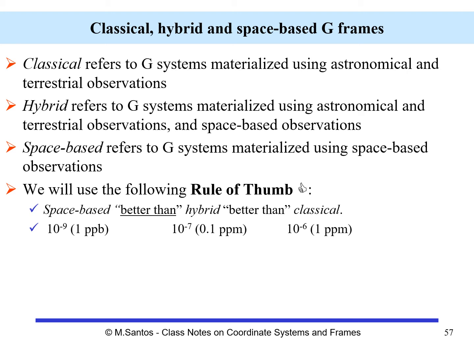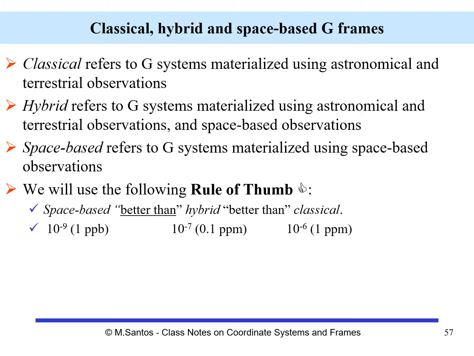And just to give an idea in terms of order of magnitude, in terms of relative accuracy, space-based G-frame would be 10 to minus 9, or 1 part per billion. This would be the relative error, or relative accuracy. Hybrid will be 10 to minus 7, or 10 parts per billion, and classical 10 to minus 6, or 1